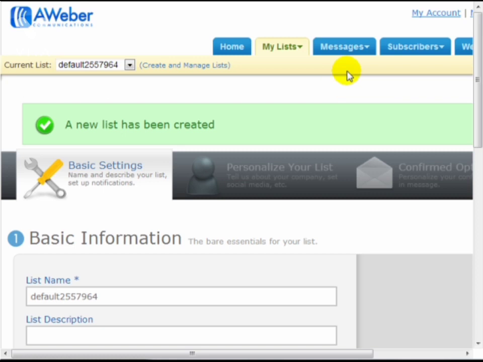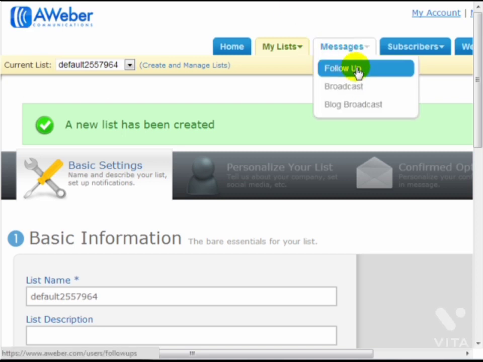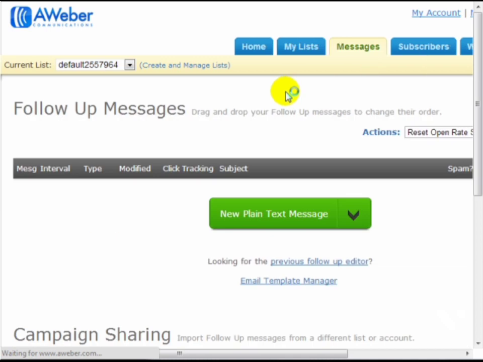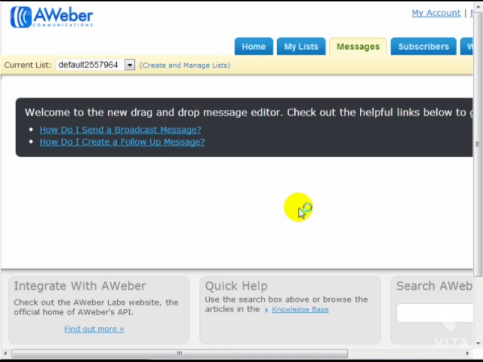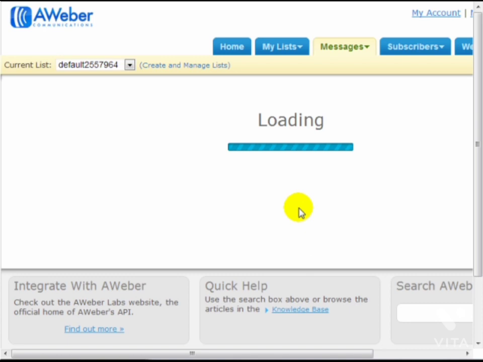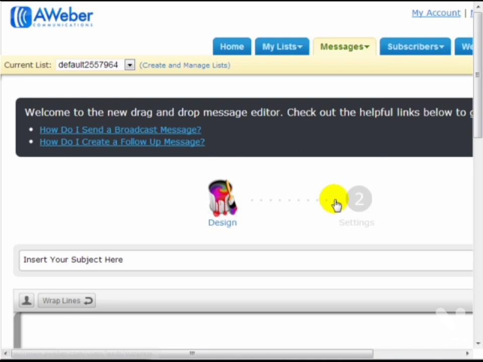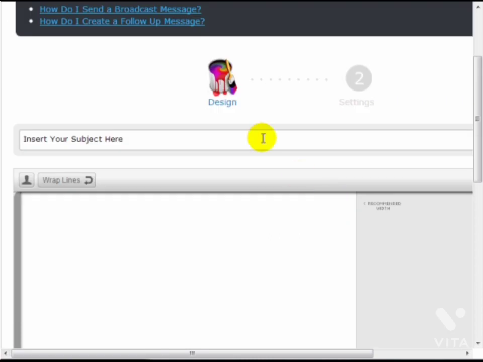And then after you do this, you can go under Messages and click on Follow Up. And then we can begin to create our follow-up messages. So go ahead and click on New Plain Text Message. You can create HTML messages or you can create text messages. In this example, I'm going to be using text messages, which are basically just plain text. The welcome email, you probably want to say something like,